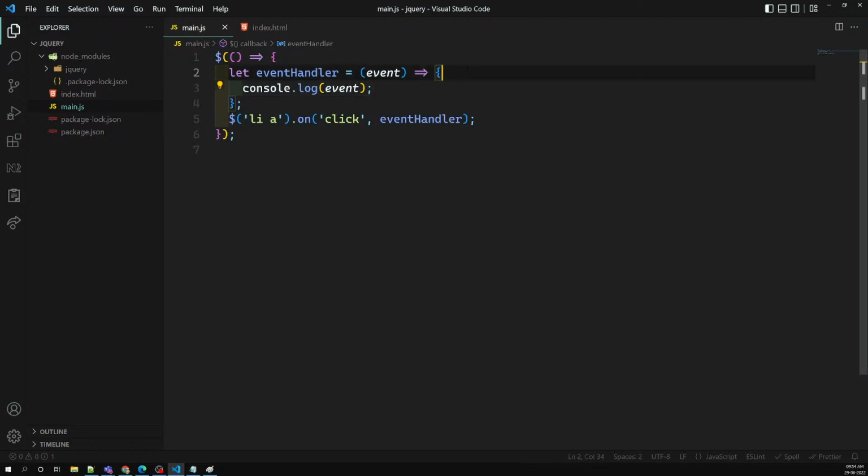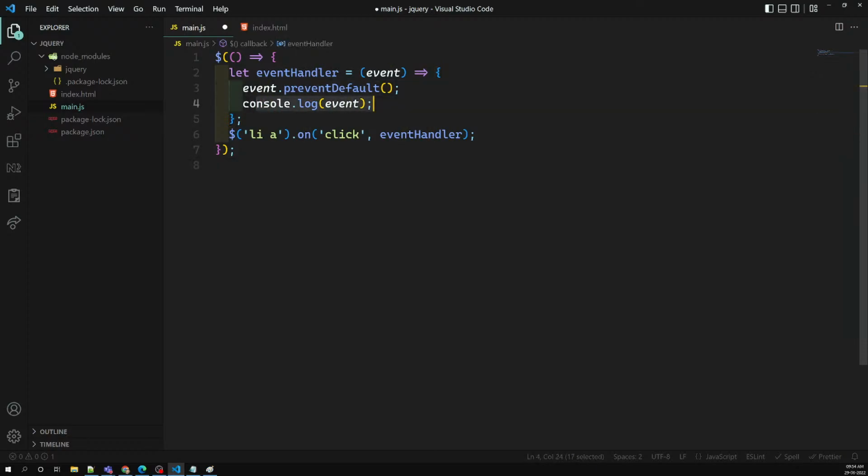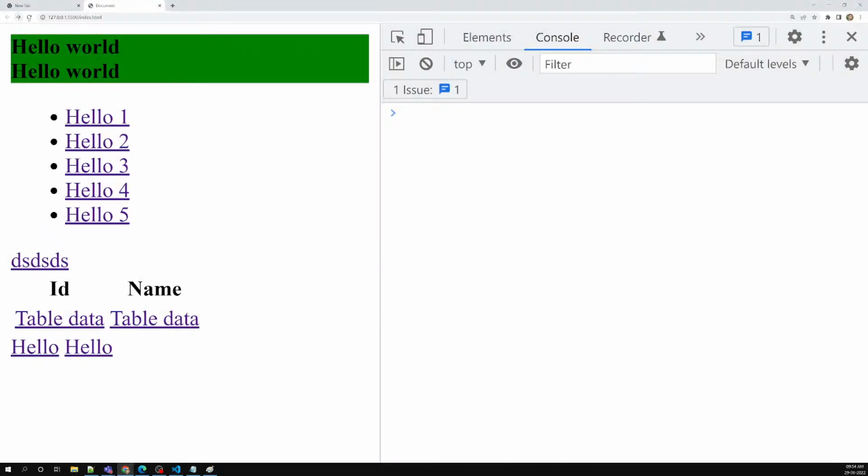If you want to do that, first you need to mention here event.preventDefault. So I am preventing your default action. Now you do the console.log of event, and now it will execute one by one. Now if you try to see the output, I try to refresh it. Now if I click on hello one,